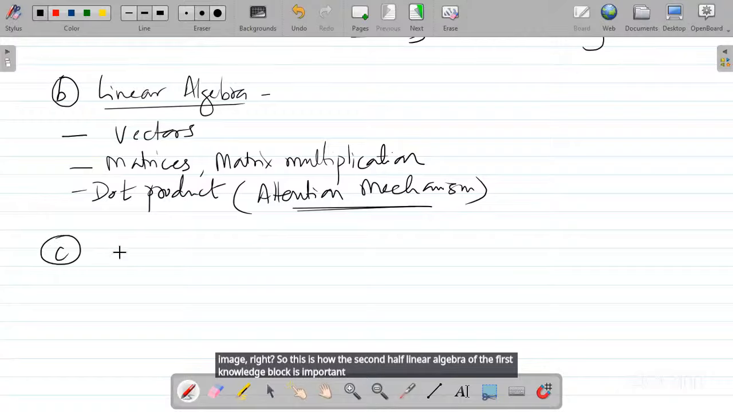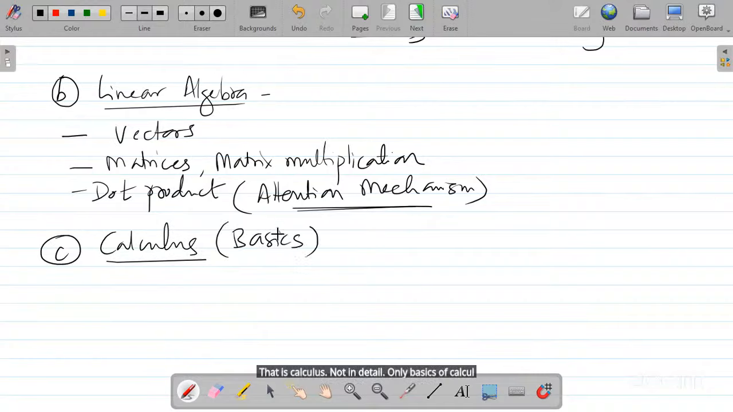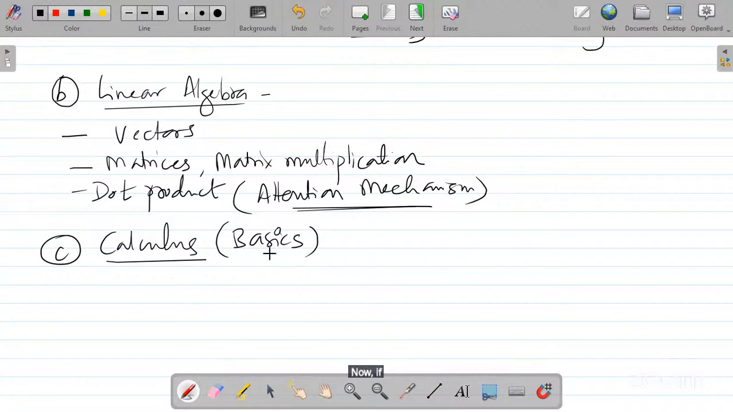And the third one, which is last under this particular section, is calculus. Not in detail, only basics of calculus are required. As I said, depth you can decide based on the requirements, right? Now, why is calculus needed in this entire process? If you understand how these models are learning,